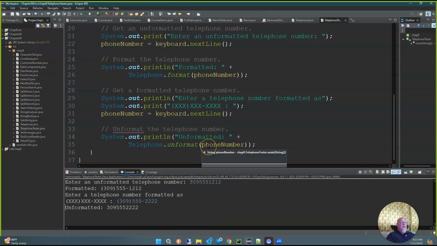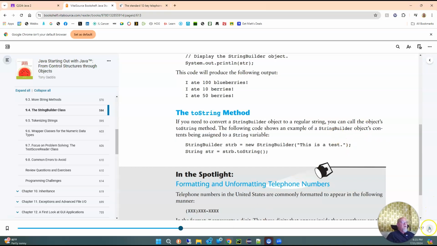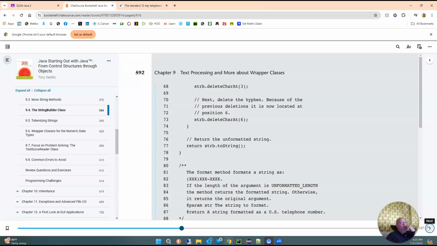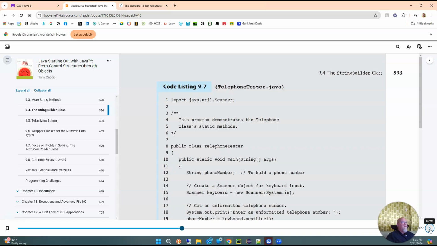Any questions on any of that? Okay. So, StringBuilder, very powerful, a really good way to handle strings. It's a great way to